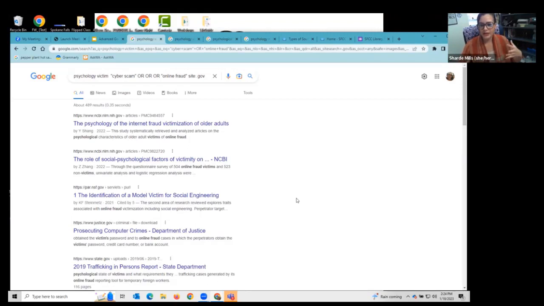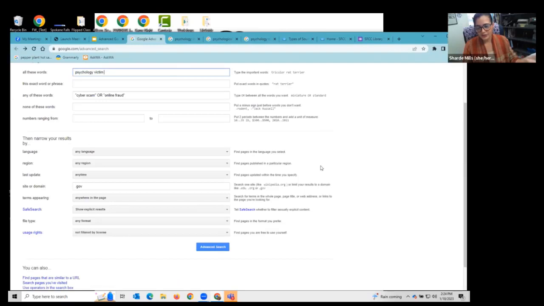So know that by narrowing in and using those different domain features, I'm being really intentional, again, with what I'm targeting online. Also, like I said, with the .org, this might be a great instance where I want statistics or data about fraud or cybercrime in the United States. Probably going to be somewhere on a government website or a nonprofit website.